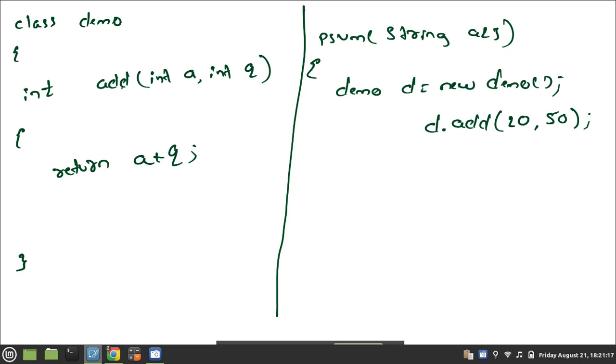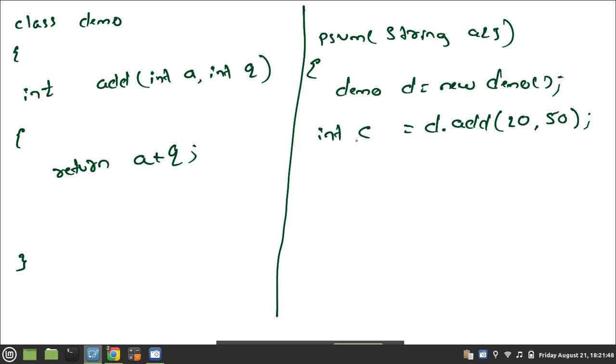This method is being called by main method, so the result will be sent back to the calling method itself. If it is returning something, I require a local variable to store its value. Which type of data is it sending? Integer. So which type of variable should I create? Integer.